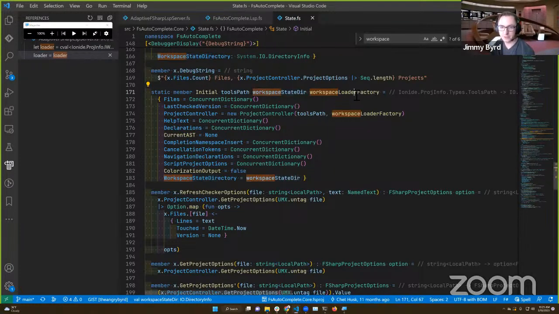Both LSP servers use the same workspace loader, except the difference is that FSAutocomplete's original LSP server uses something called a project system that is provided by Proj.info, while Adaptive uses more of the primitives and establishes its own project management system. So it notices changes differently.